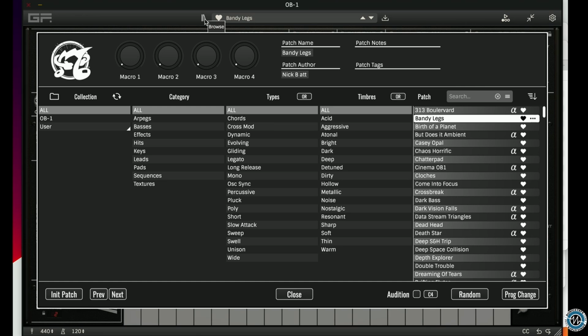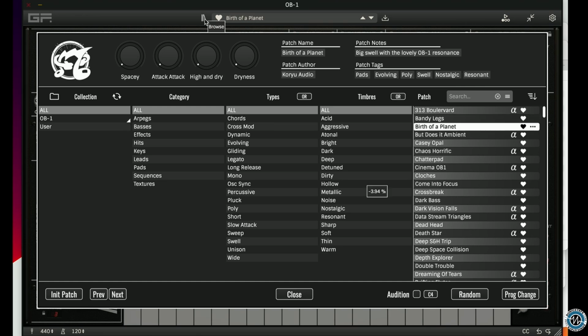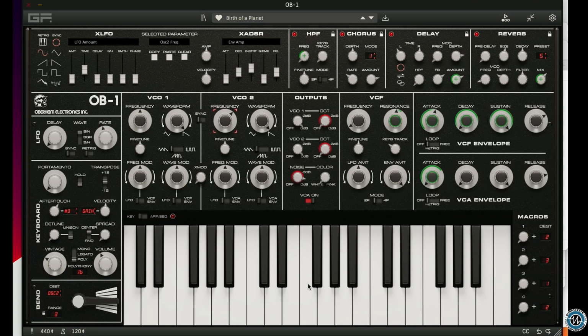I'll flip another couple of patches here. Program, let's see where I go. Birth of a Planet. This is by Koryu Audio. I'll close this so we can see the...